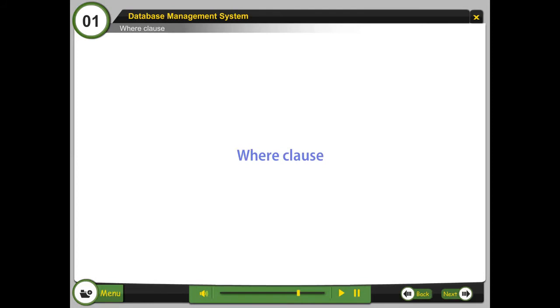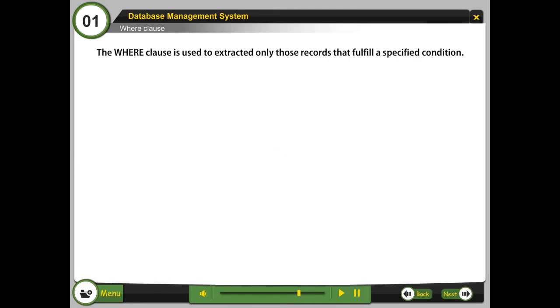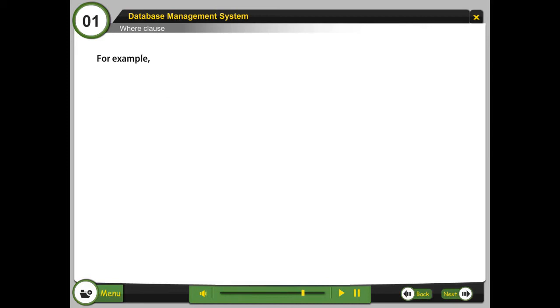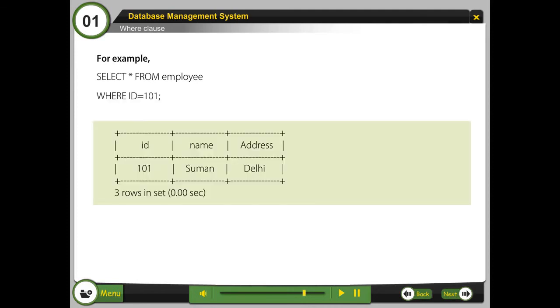Where clause. The where clause is used to extract only those records that fulfill a specified condition. Syntax: select column1, column2, and so on from table_name where condition. For example, select * from employee where ID = 101;